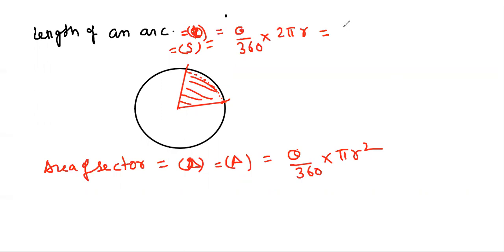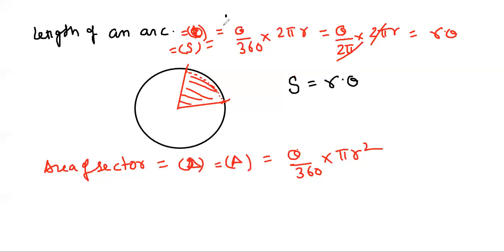So what I would do, beta, I would write down this entire thing in radians. 360 can be written as 2 pi, because you know that pi is 180, so 2 pi is 360. Here again we have 2 pi r. So beta, I can cancel this 2 pi and 2 pi. Now what is remaining with me? Length of arc is r theta. Got it? So I may write down this length of arc, that is S, equal to R into theta.